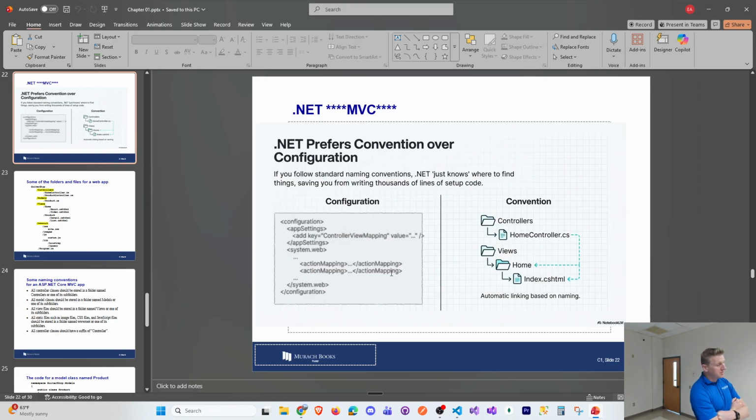Model View Controller, .NET MVC, you code by convention. There's a lot of automatic rules built in. And so